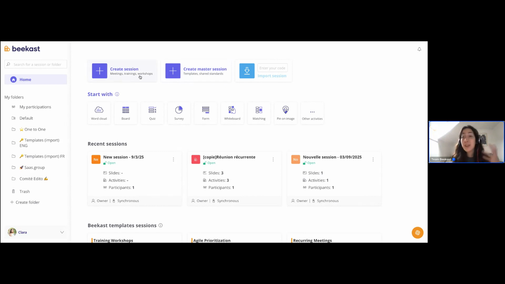So I can create a normal session. I can create a master session by clicking on this button, and then I can also import a session. Now, importing sessions can be super easy, and it can also be pretty useful if you are working with other people from different teams. If they create a really great session and you want to use that session for your own team, then instead of having to ask them for the session, and they would send over the presentation and you'd have to duplicate everything, redo the activities, recreate the content,